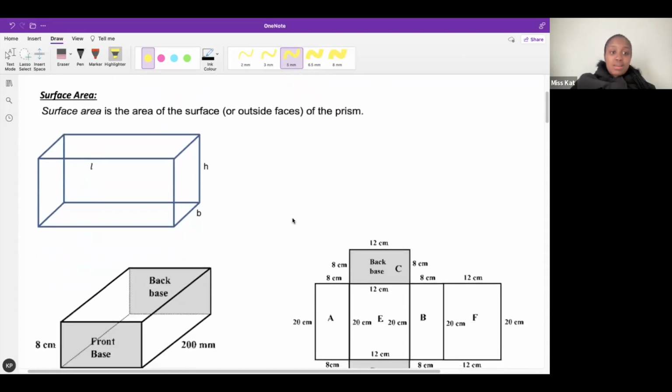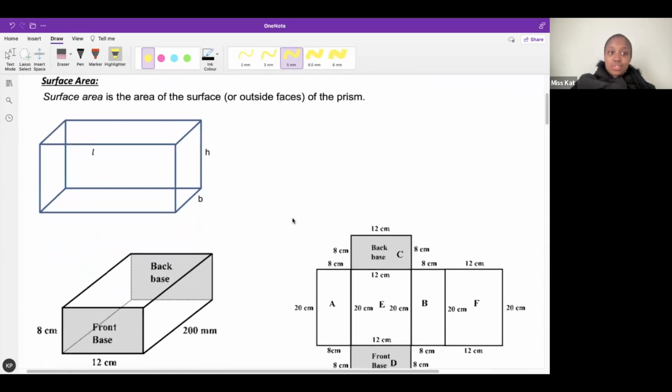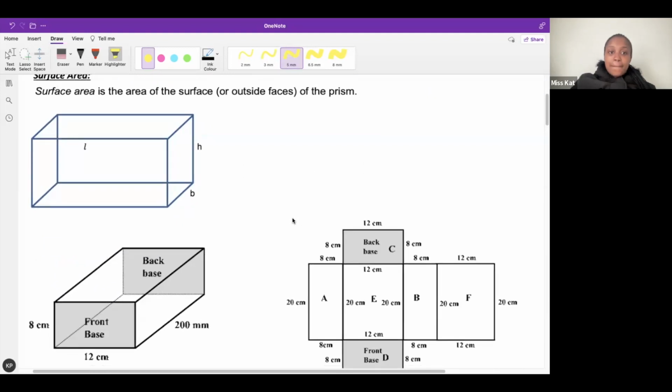with the surface area. I think I'm going to show these both so that we just don't get confused. Okay, so here is a box. Okay, it's a rectangular prism. It's a box. Now, surface area, I don't know what just happened. Don't ask me. It's because I'm moving the chat and doing everything all at once. There we go. Okay, so surface area, our definition, it's the outside area